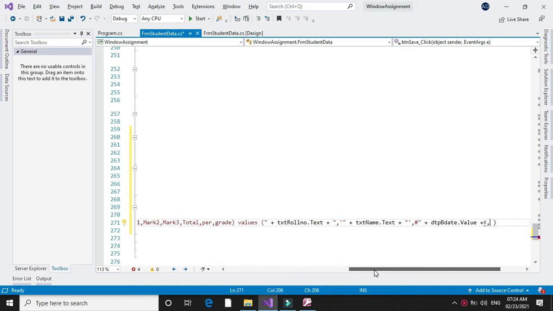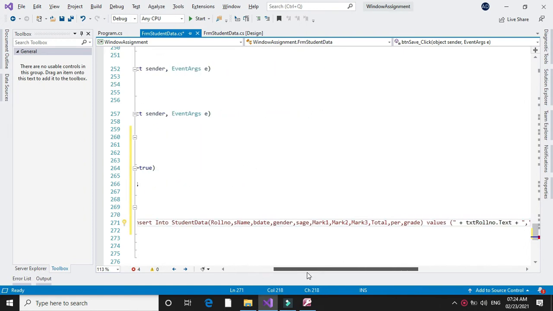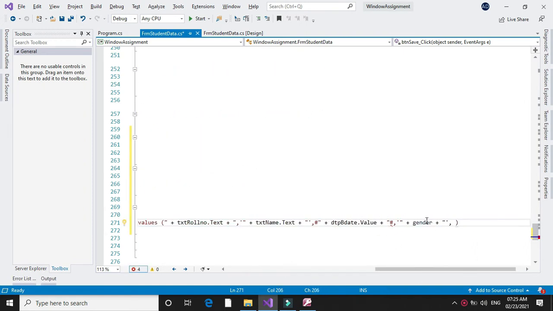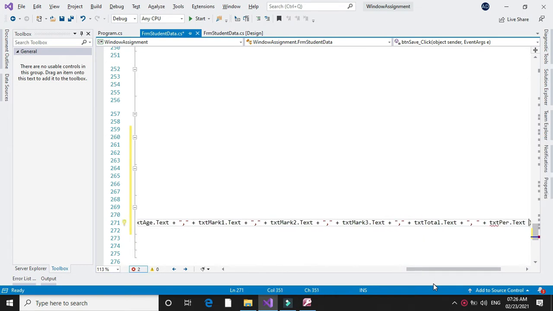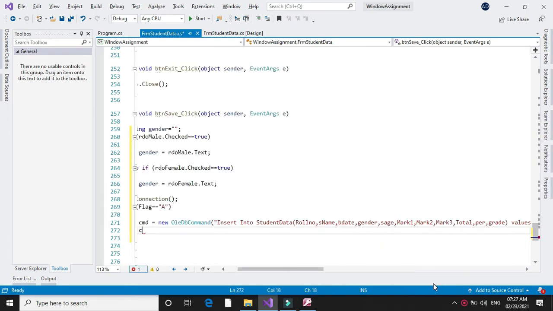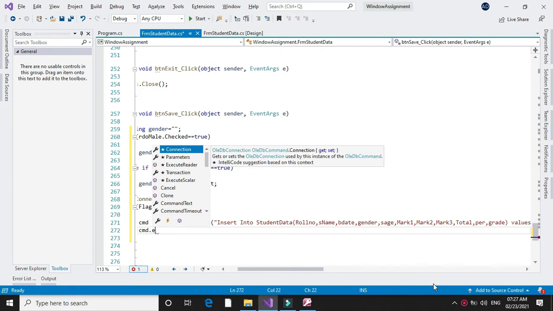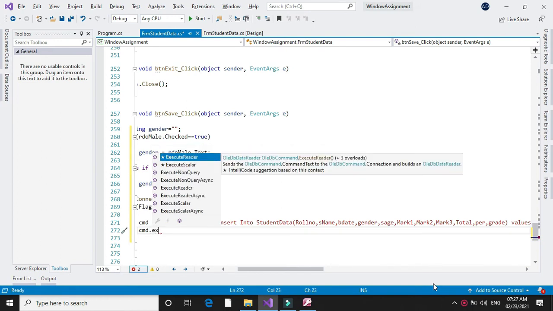For inserting gender, we will use our variable that we have declared. And we will execute it with execute non-query.